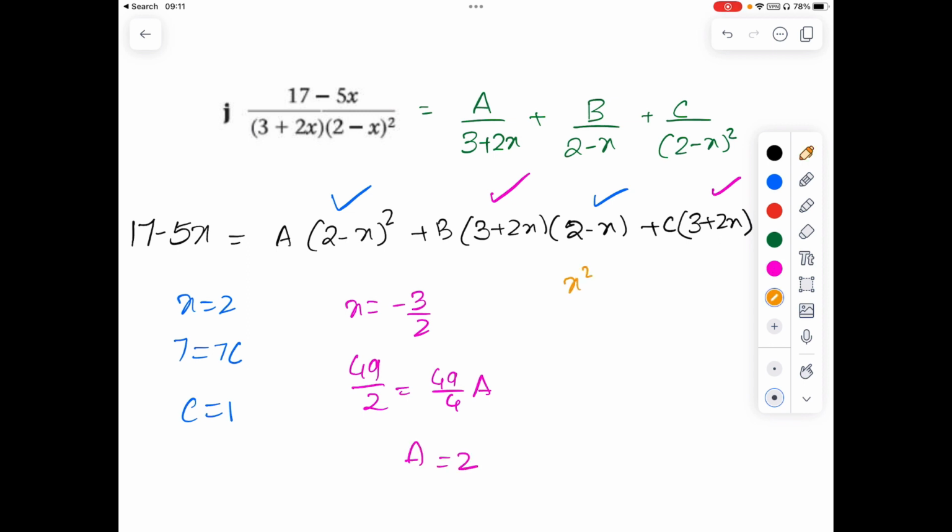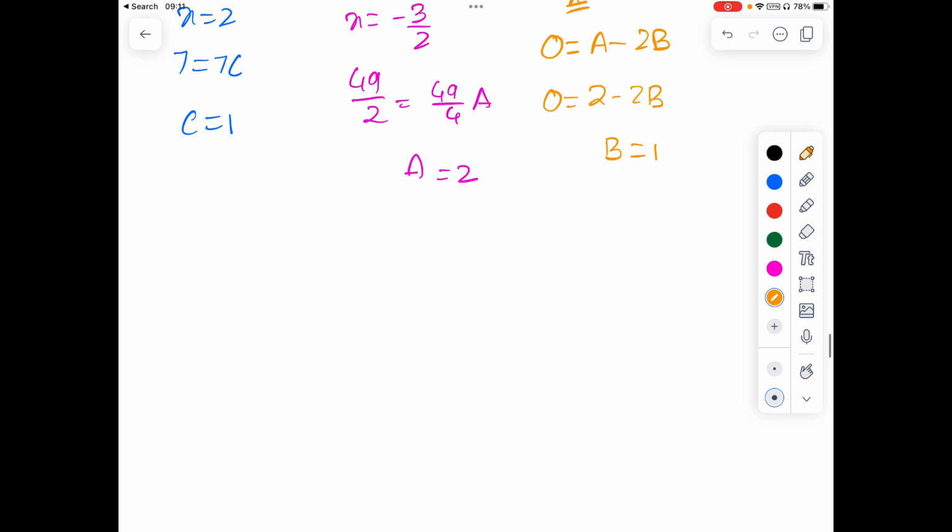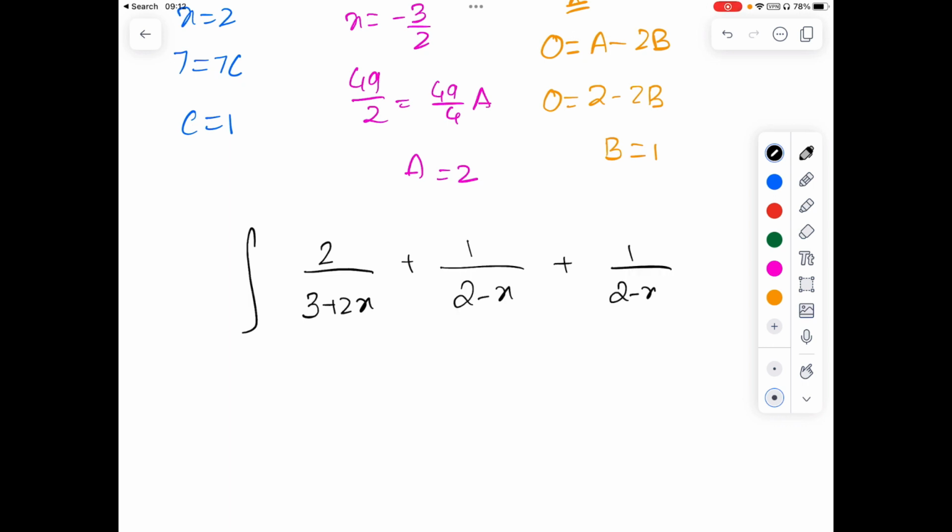Then I compare the coefficients of x square, which is 0 on the left side. On the right side it is a and it is 2b, because 2x times x is 2b, but it is minus 2b. A minus 2b. So a was 2, which gives me the b value as 1. So what will the integral become now? 2 upon 3 plus 2x plus 1 upon 2 minus x plus 1 upon 2 minus x whole square